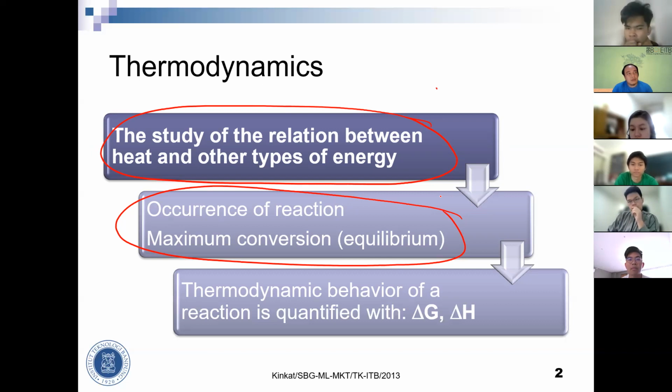maybe about 15 years ago, do you know we have a chemical reaction engineering laboratory in the chemical engineering program? Yeah, the chemical reaction engineering laboratory, or lab TRK. Maybe you've heard it a lot recently because our lab, TRK, gitu ya, teknik reaksi kimia, develops so many catalysts